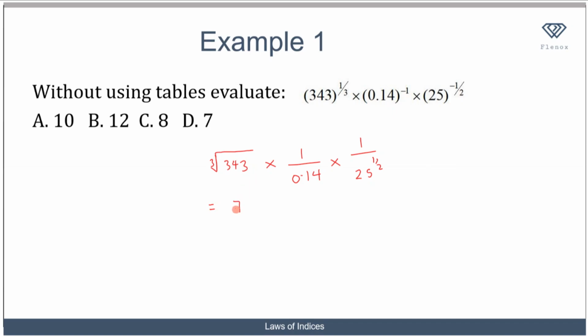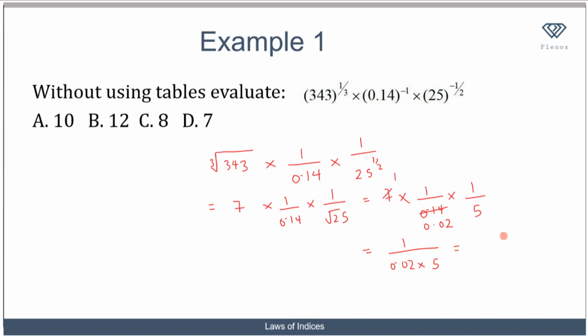The cube root of 343 is 7, because when you multiply 7 three times, you get 343, then times 1 over 0.14, then times 1 over 25 raised to half, which is the same thing as the square root of 25. And what does that give me? That gives me 7 times 1 over 0.14, then times 1 over 5. So now 7 will go here 1, and 7 in 0.14 will give me 0.02. Now this will be equal to 1 over 0.02 times 5, and that is equal to 1 over